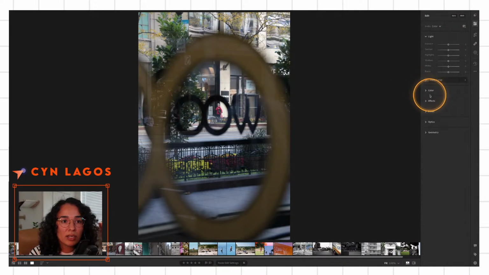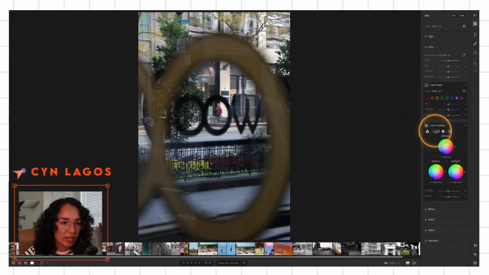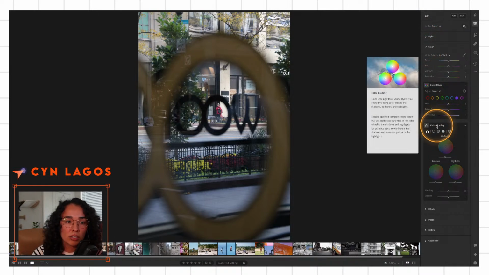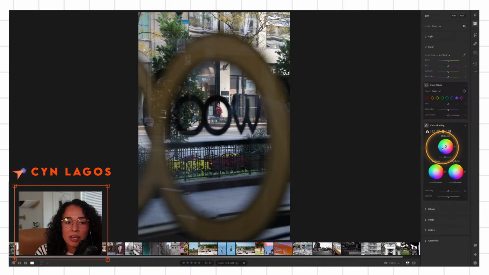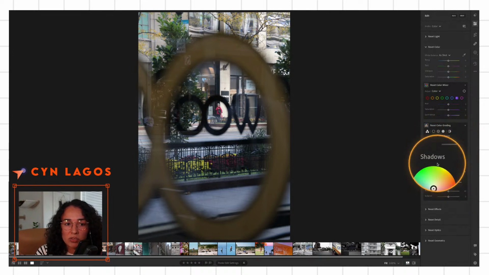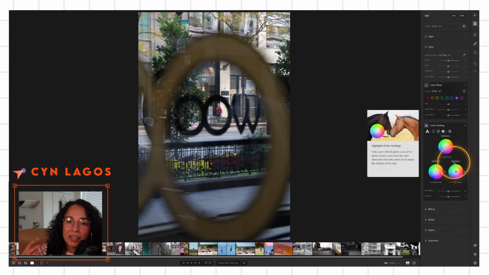So within the adjustment panel here, under color, we have this section that I absolutely love. It's called color grading. Color grading is particularly a step that I often think about when I want to stylize an image. Not so much correct an image, but stylize it. You can use it whichever way, but in my headspace of my workflow, I often think, how can I add a little bit of effect to my image? And in this case, it's by affecting the midtones, the shadows, and the highlights, and adding a bit of color